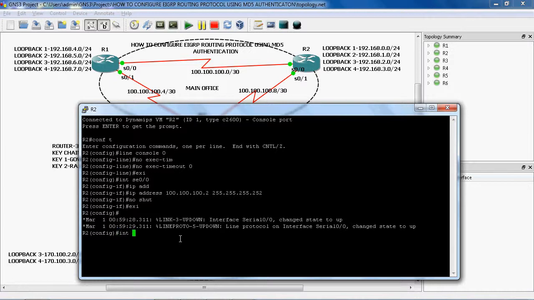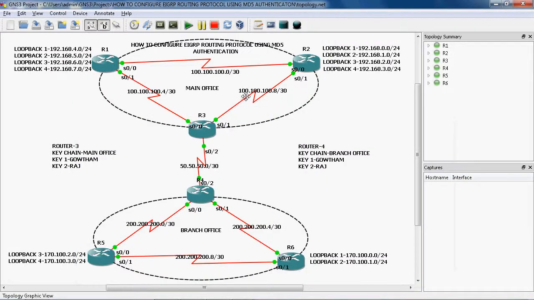We can go to that particular interface, serial 0/1. Now we can assign the IP address. The net ID is 100.100.100.8. So 9 is the first host and 10 is the last host.